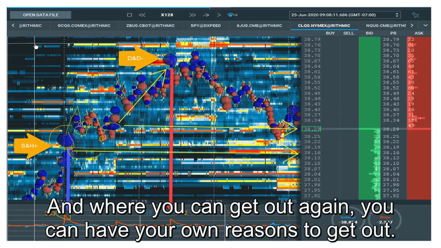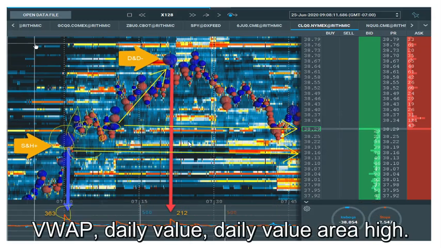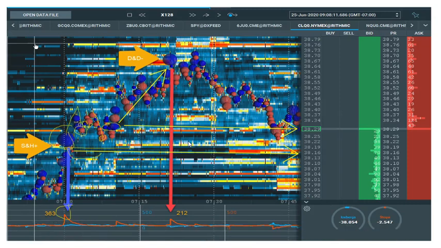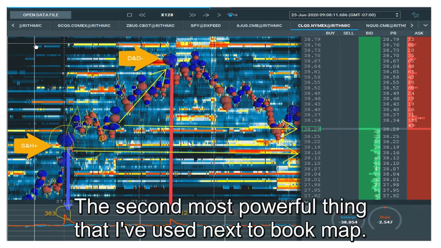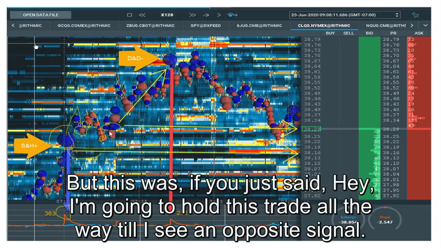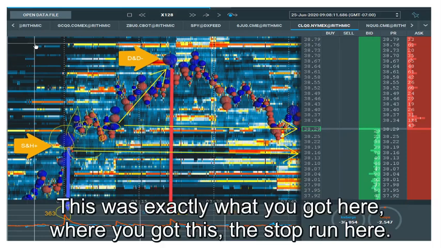And where you can get out, again, you can have your own reasons to get out, whatever target you're looking for: a VWAP, daily value area high, Fibonacci, moving averages, whatever you look at on charts. The TAS indicator is obviously the most important thing that I look at, the second most powerful thing that I've used next to Bookmap. But if you just said, hey, I'm going to hold this trade all the way till I see an opposite signal, this was exactly what you got here, where you got the stop run here,